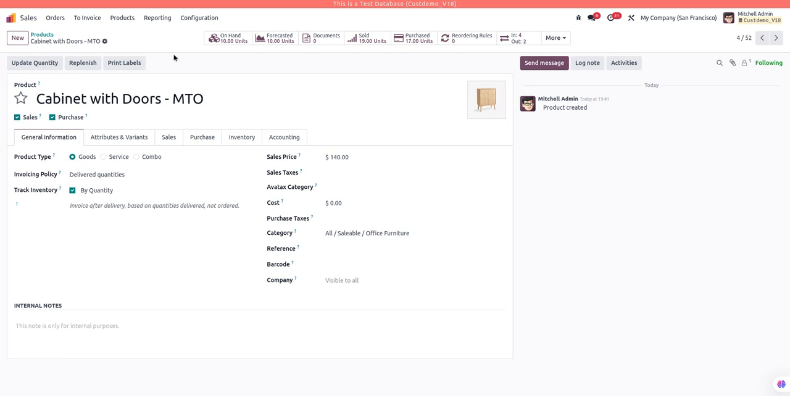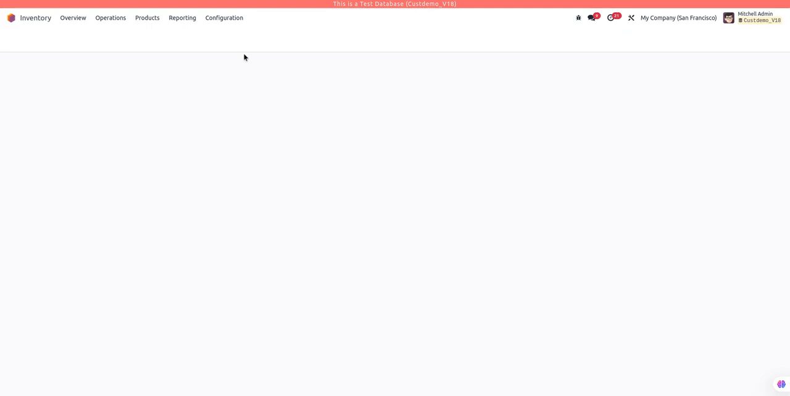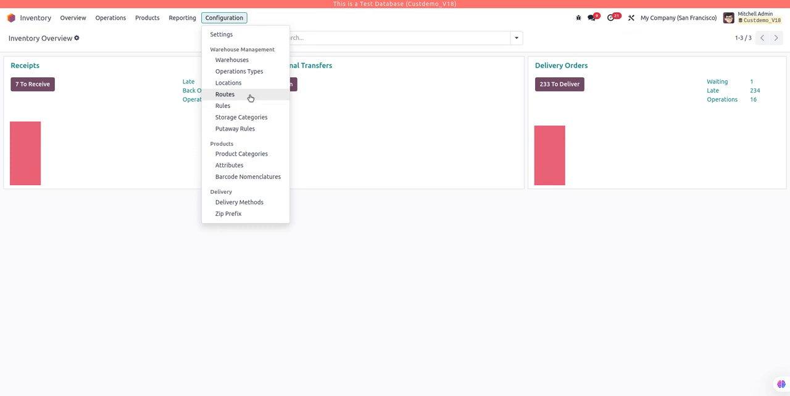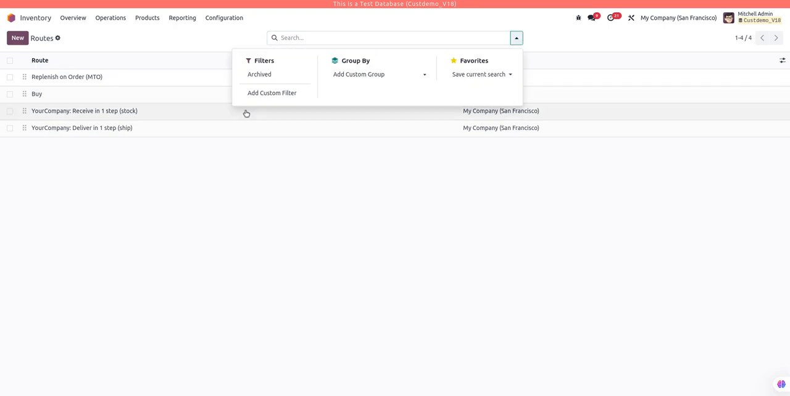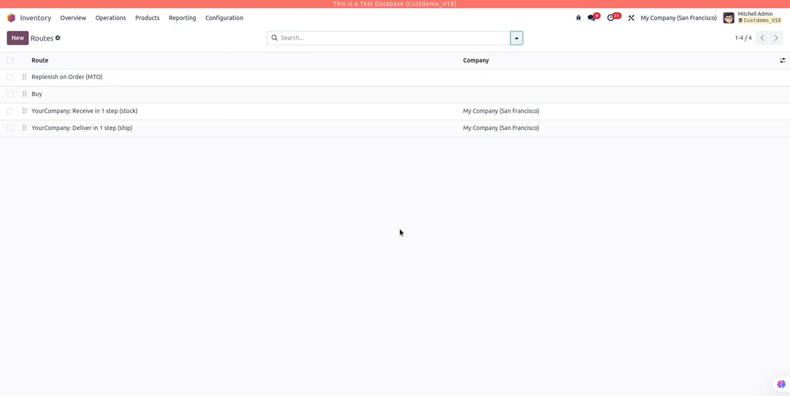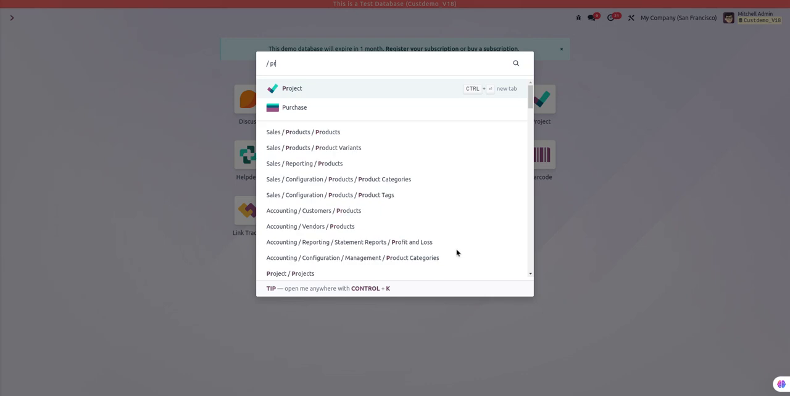First, I have to show you where to find the MTO route. If I go to Inventory, Configuration, we will have routes here. If you can't find the MTO route, just go to the archived ones and unarchive it. It's probably just archived. So if I go back to my products,